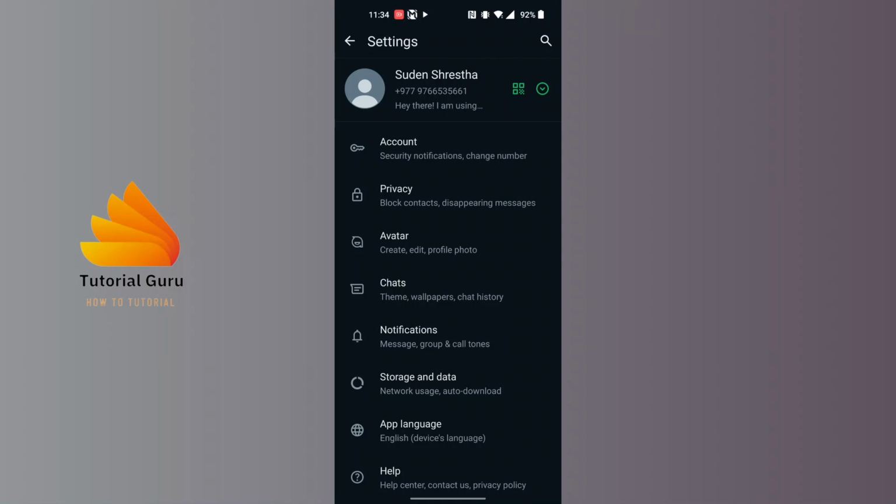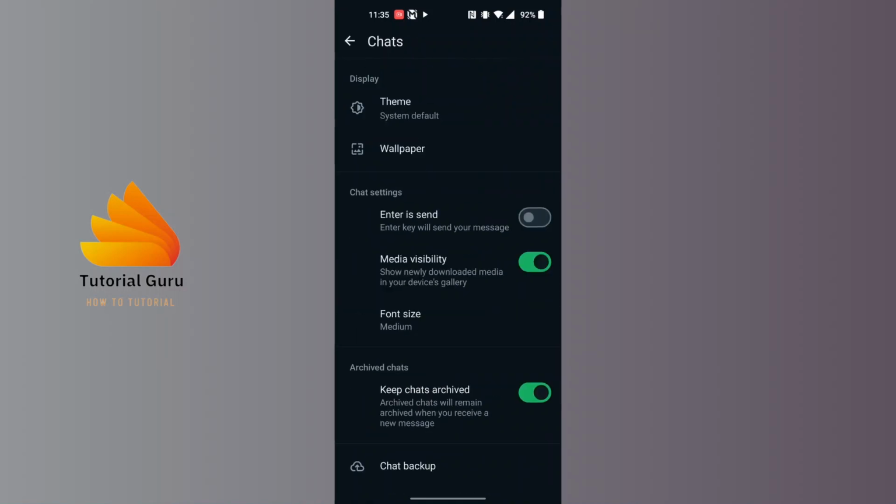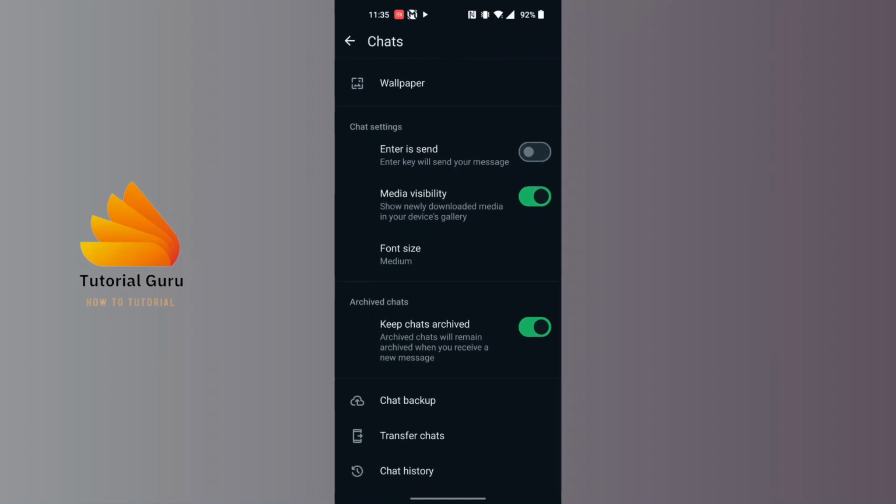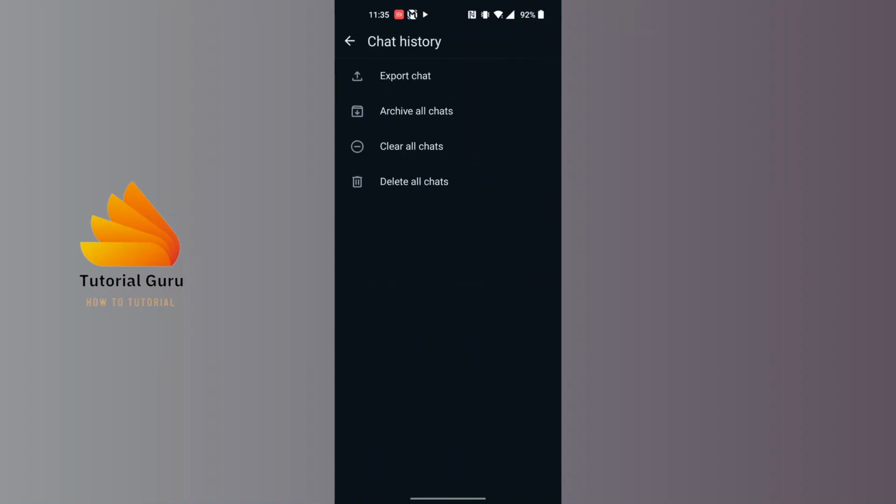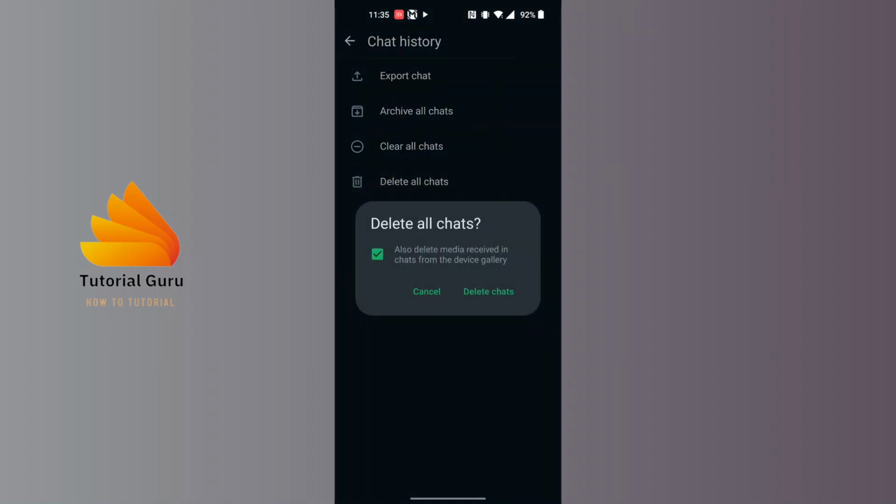below the avatar. Tap on chats, and over here scroll down until you can find the chat history option available for us at the bottom of the screen. Tap on chat history, and you can see the delete all chats option available for us. Now to delete all of the chats on your WhatsApp, tap on delete all chats, and you can also see